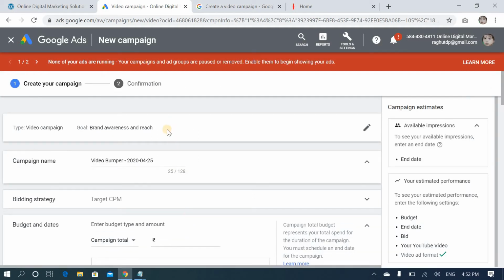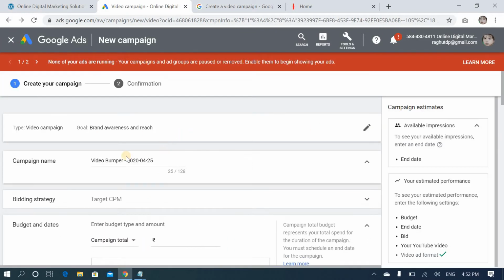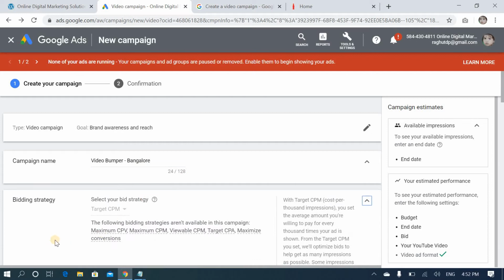Once you click continue, here you have to give the bumper ad for Bangalore. I'll give the Bangalore location and click next.